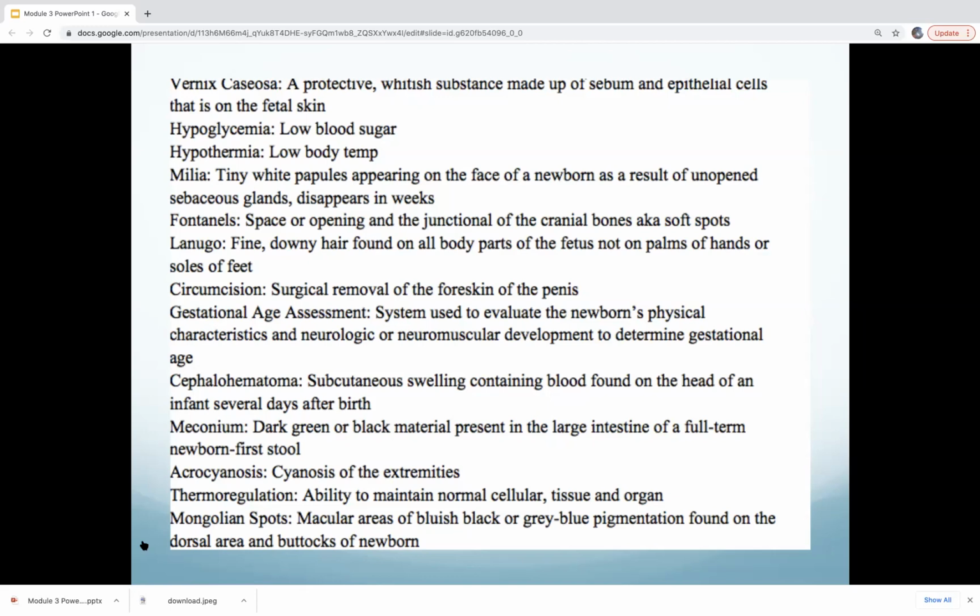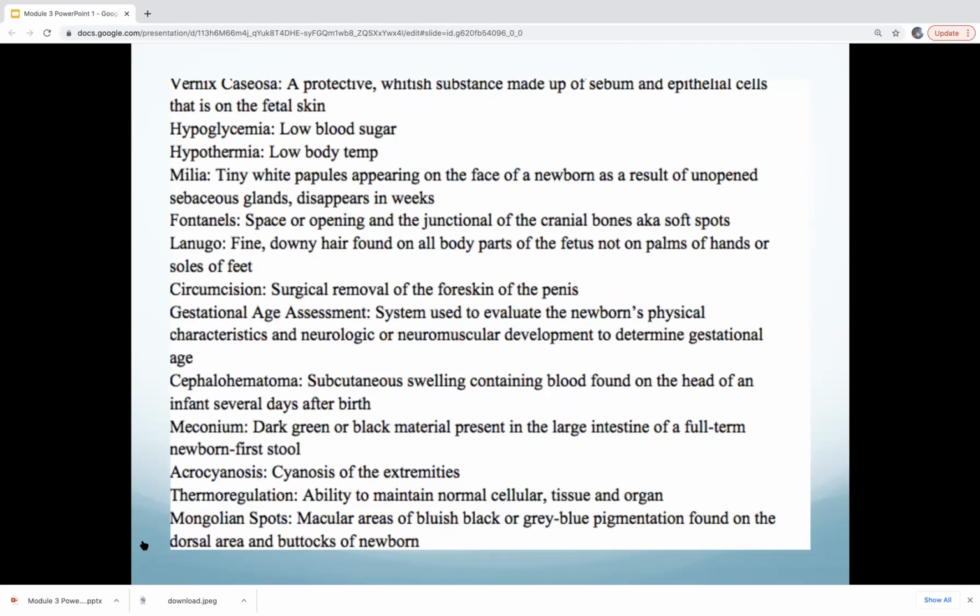Milia. Milia are tiny white papules. You'll see that on the face, and that is due to unopened sebaceous glands. And again, tell mom both vernix and milia are normal and they will disappear. The milia will disappear in a couple weeks. The vernix, the baby gets their first bath and we wash them. Okay. The next thing is